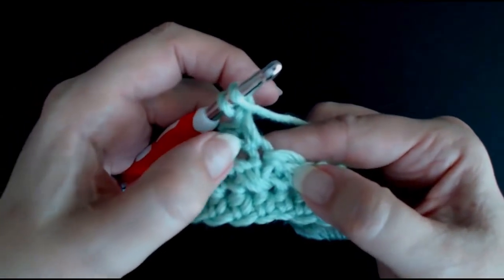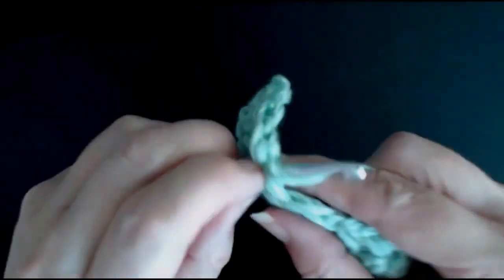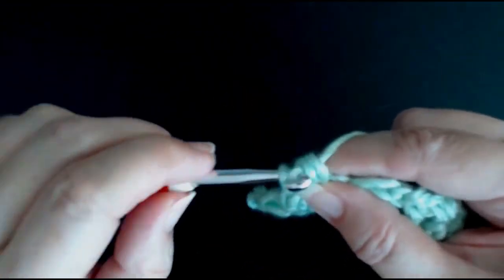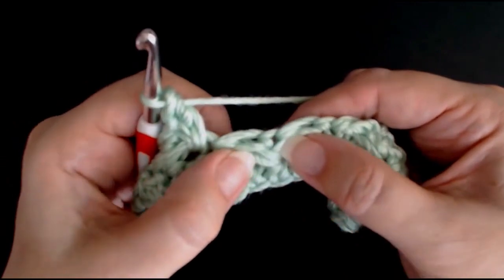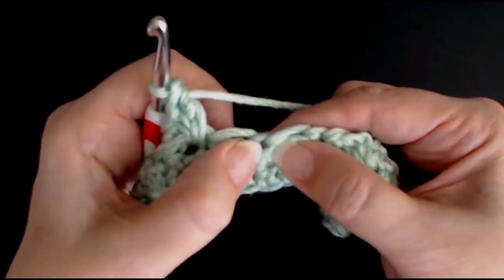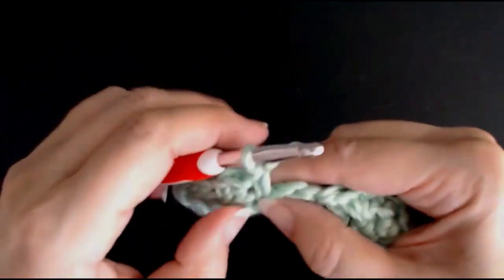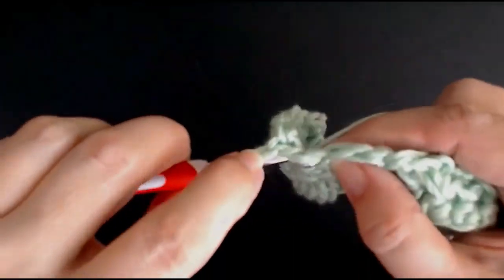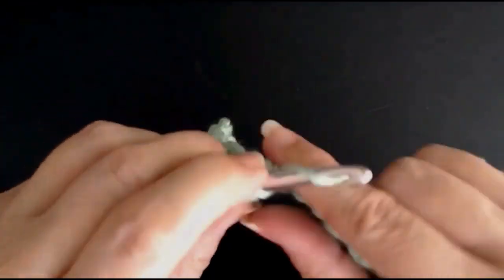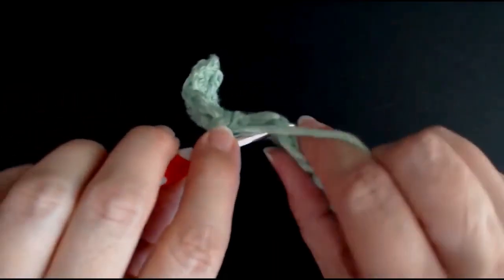Now it opens itself up, that one, and you can see it looks like an eye. So you're going in through that eye. Skip that stitch, that's a bigger stitch. So you're going into that little double crochet there and do another double crochet and then into there with your treble. Work back to that stitch. So it's double crochet, skip that stitch,